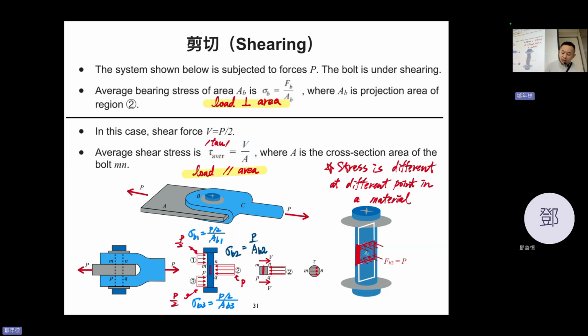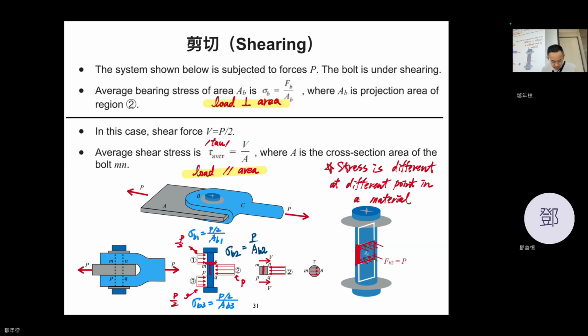You can see that this bolt not only stops the force, it is also being cut like a scissor. You see, this force going that way, and this force going that way, and this going that way. You can see that there must be a force